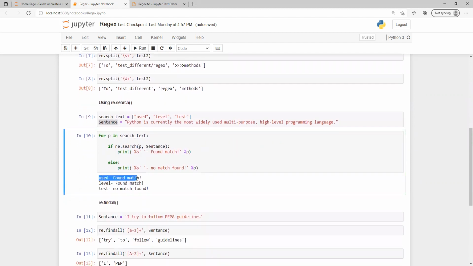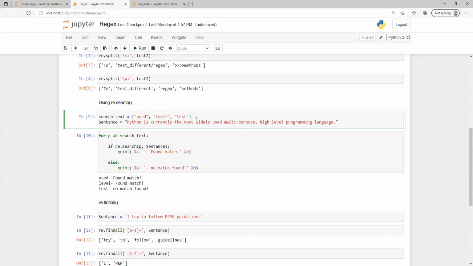We saw that 'used' found a match, and it is indeed there. 'Label' is already there too, and it also says found. We found 'in', but we're not able to find 'test' in this one, so it says no match found.